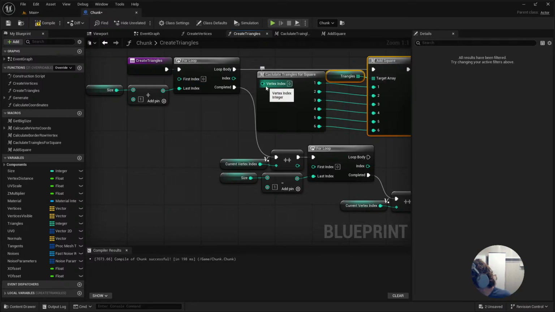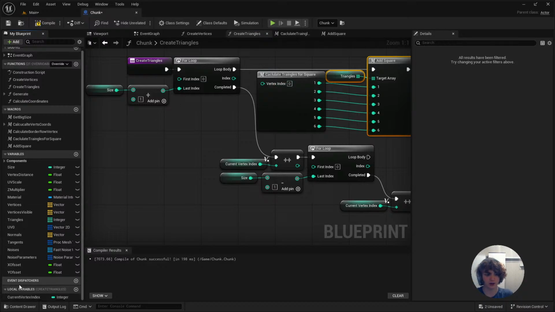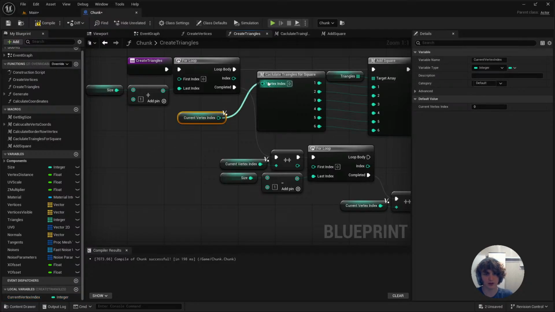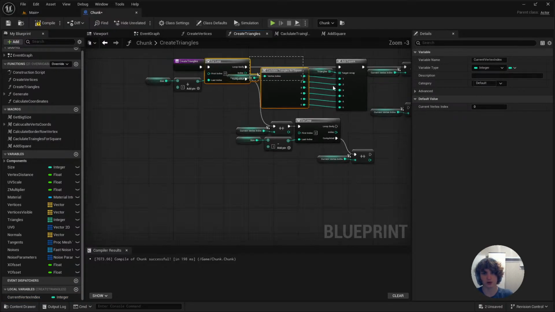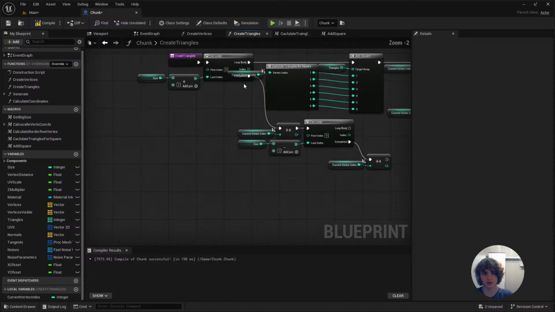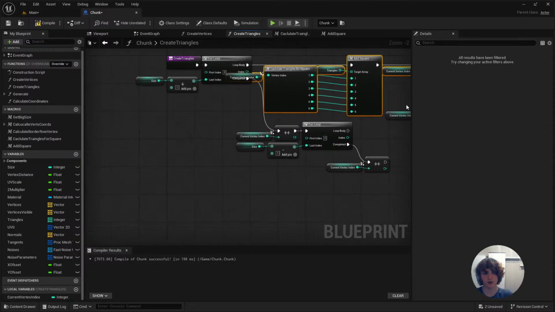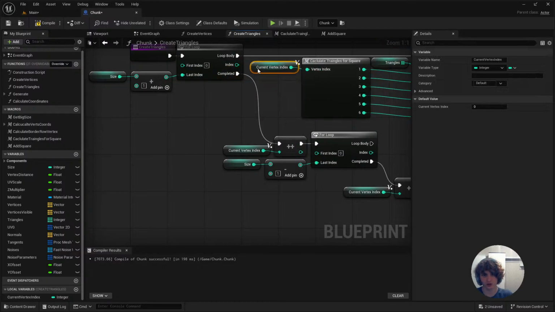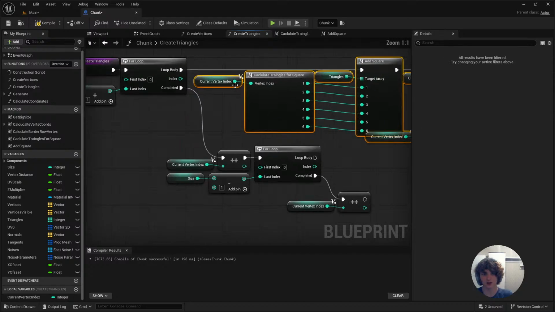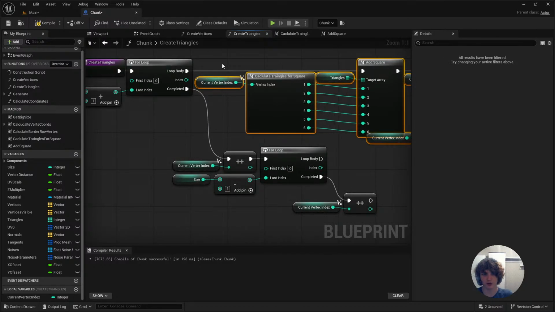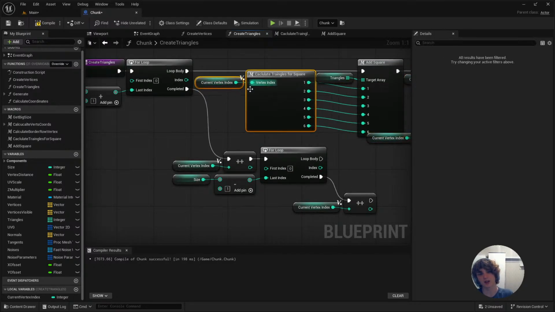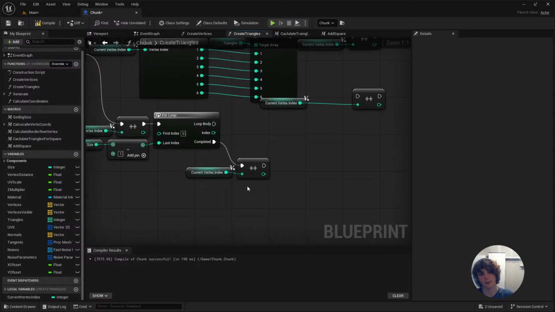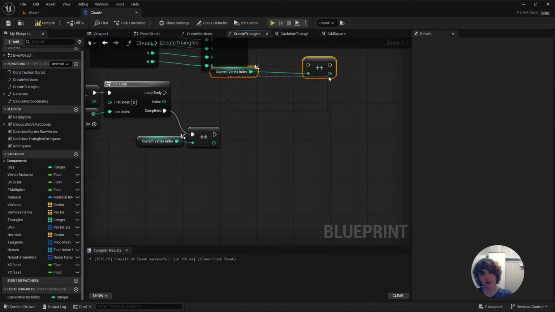But for vertex index, I think we should use 0. But I think it would be better, to make our code more clear, if we use current vertex index, because otherwise we will get an incorrect result. Okay, what's next? Next we should do